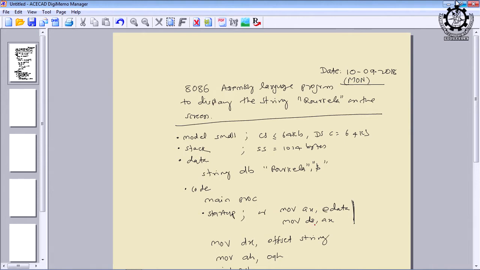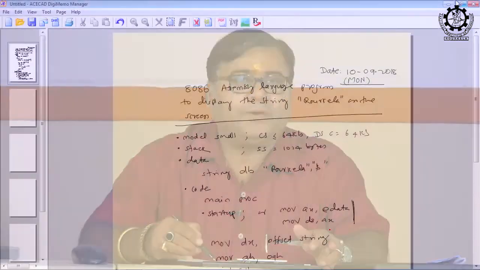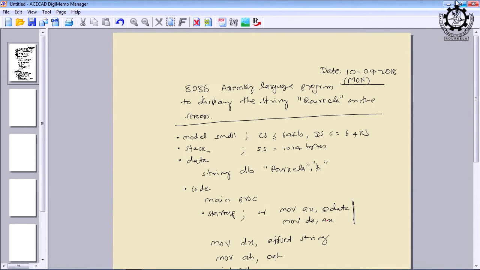DS stands for data segment. Already I have told you, you have to store a 16-bit value to the data segment. Isn't it? You have to load a 16-bit value to DS, and again it will be multiplied by 10H, then added with another value to get the 20-bit address. But on your behalf, the assembler will calculate it. Okay. Actually, this particular program will be given to the assembler. Assembler will convert it to machine code.